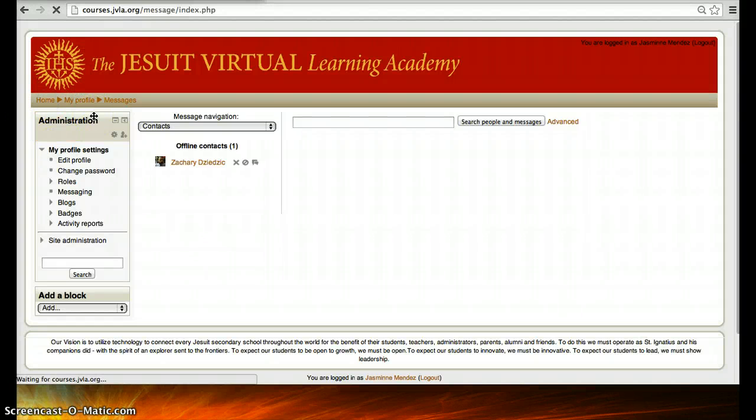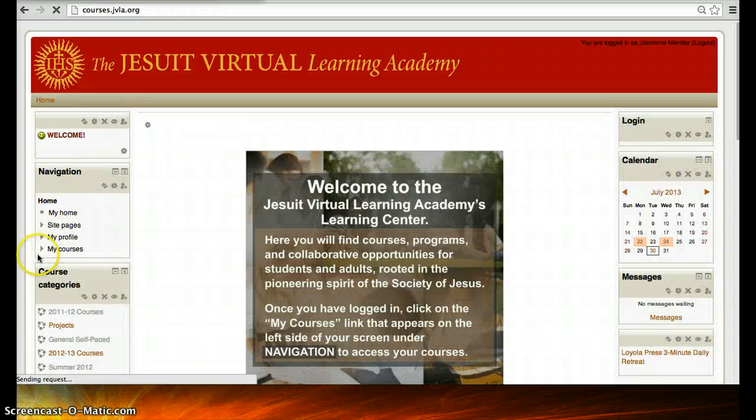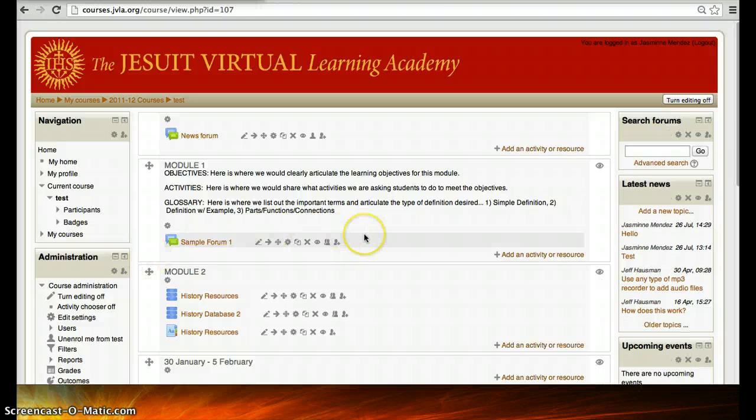It's going to take me back to home here from here. So that's a little tricky as well, maybe not the most convenient way to get back, but back to my test course. So those were the basic ways on how you can send a message to individual participants using the messaging function. If you want to send a message to your whole course, go ahead and turn editing